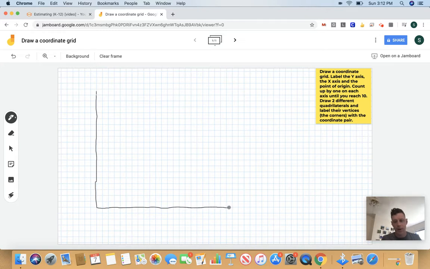And the reason that I think this is long enough is because I know that the directions say to count up by 1 unit on each axis until you reach 10. So I've got plenty of room here to include 10 units. Now watch what I do. I'm actually going to, after I label this the y, and I label this the x, and label this the P.O., the point of origin,